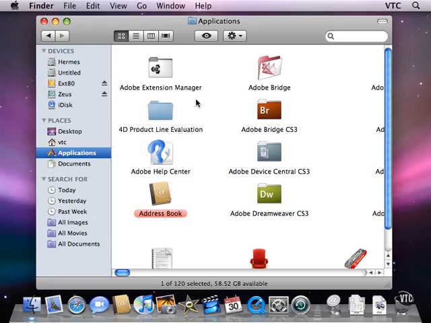I'm looking at my applications folder, and as I've mentioned previously, the applications on this computer are applications that I had before I upgraded to Mac OS X Leopard. So I have the basic Mac OS X Leopard applications as well as applications that I've accumulated over the years. What I want to do is go now to TextEdit, the application that I've already shown you several times,